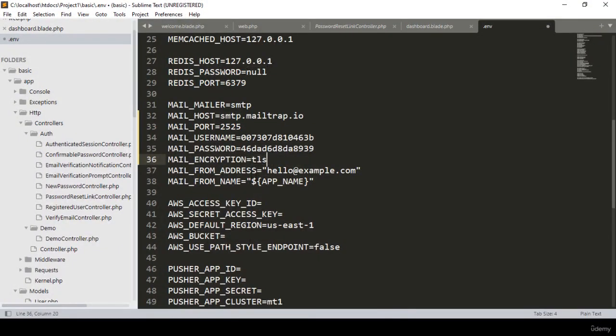Now that will be TLS, and for the mail you want to send from, I want to use support. Whatever name you choose, I make it support@easylearningbd.com. Okay, so that will be our from mail. That's all, friend, that's all you have to do. And for the mail from name,